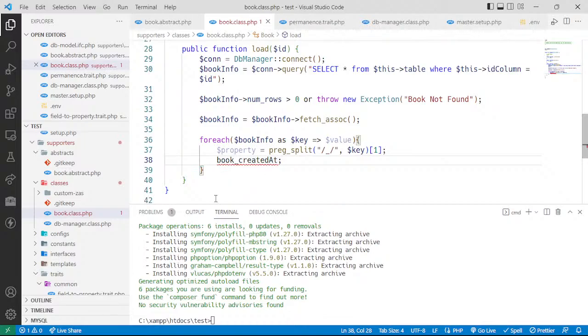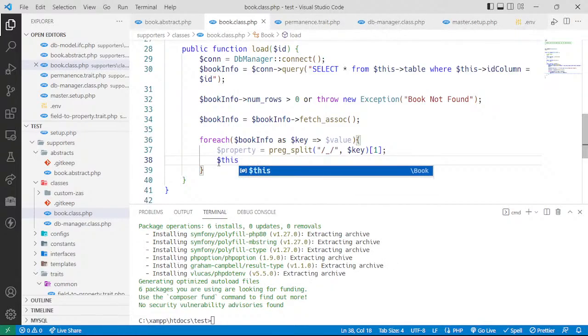when you fetch this thing from the database, you can know, okay, this is a book class, or maybe if you have some register for it. But when we split this thing by underscore, we know that created at is a property, and given that we already have the field to property, we can just simply set this thing. So we just say this